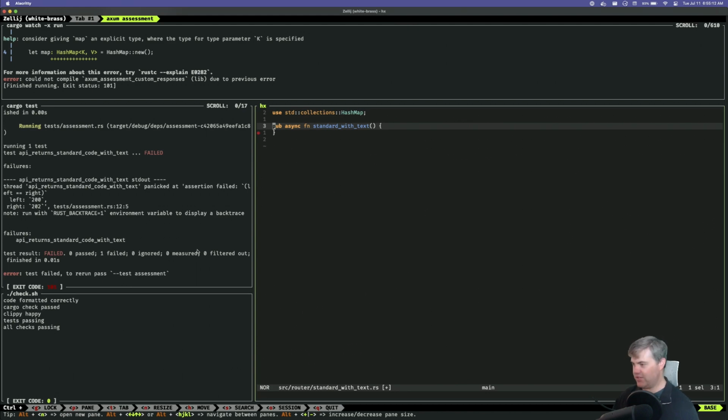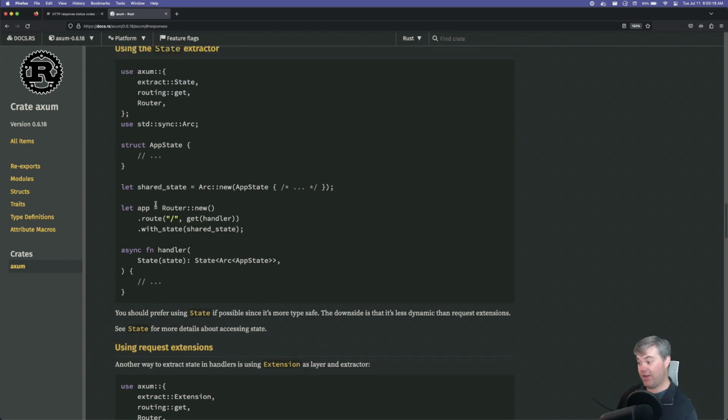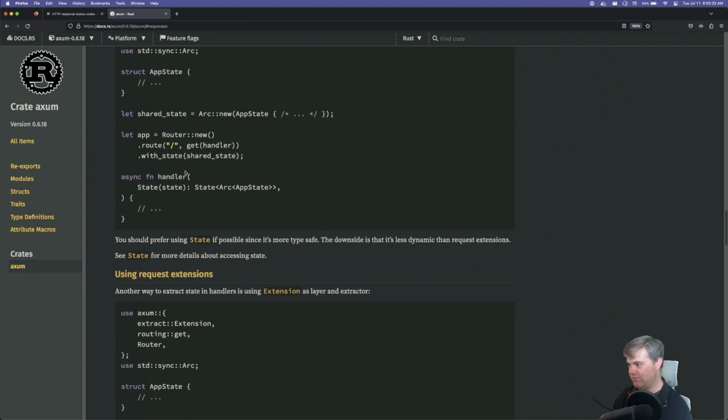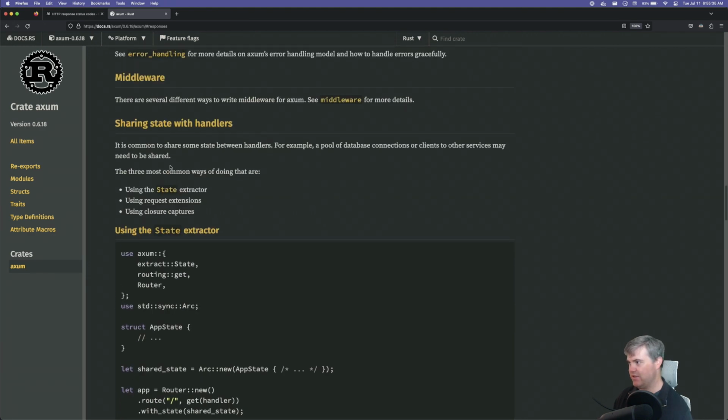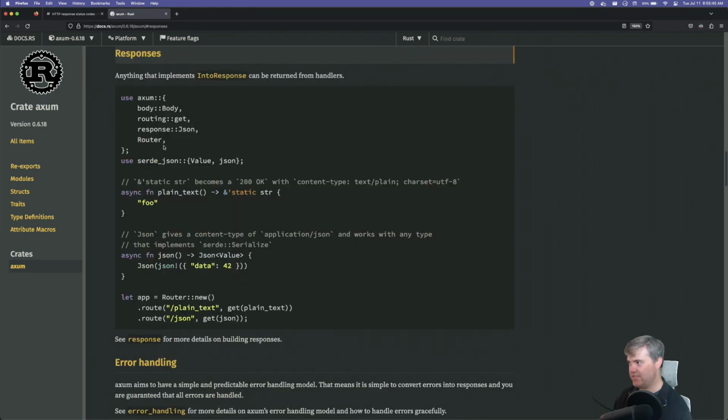All right. What was I doing? Right. We were looking through responses. So what we're working on right now is a course for a web server. This is going to be an assessment for the web server, and I need to remember how to do a response. Where was that? Okay, so responses. Anything that implements IntoResponse can be returned from a handler. So I probably want to just return impl IntoResponse, right?